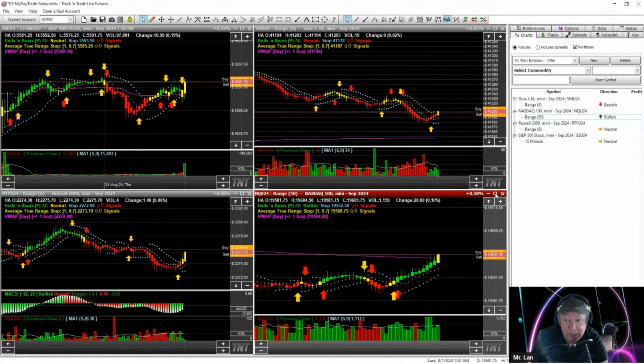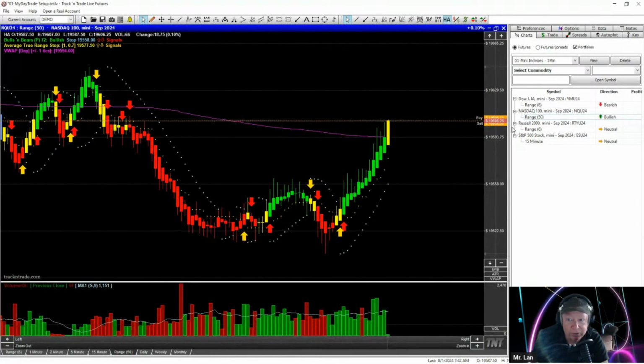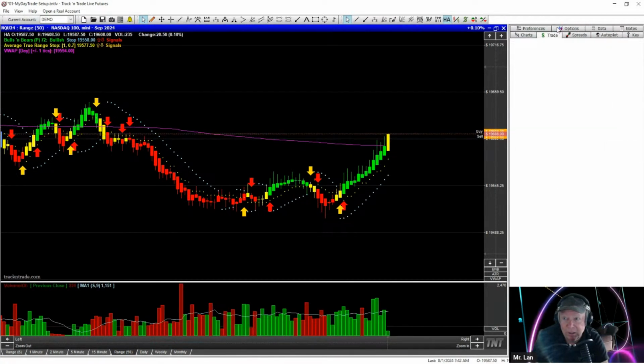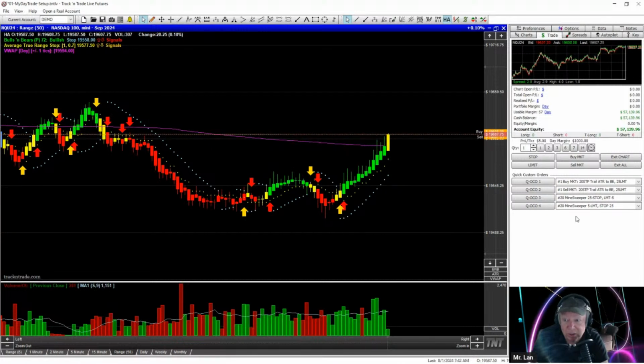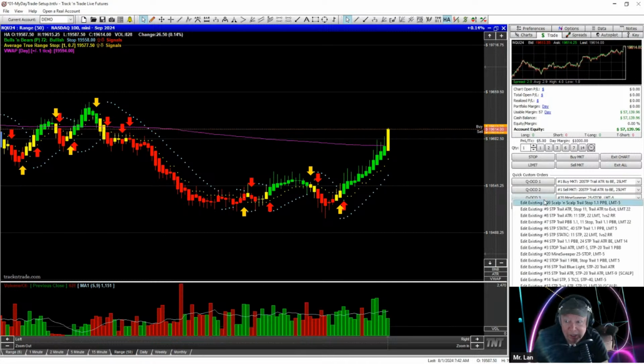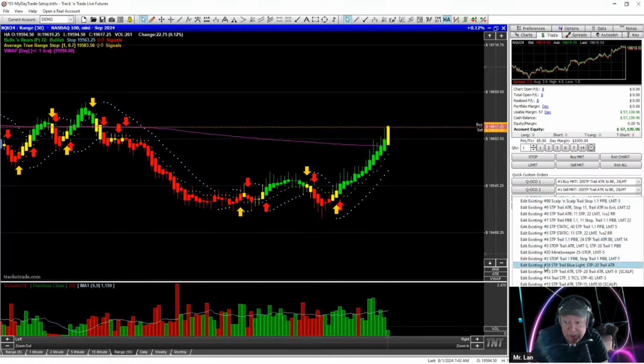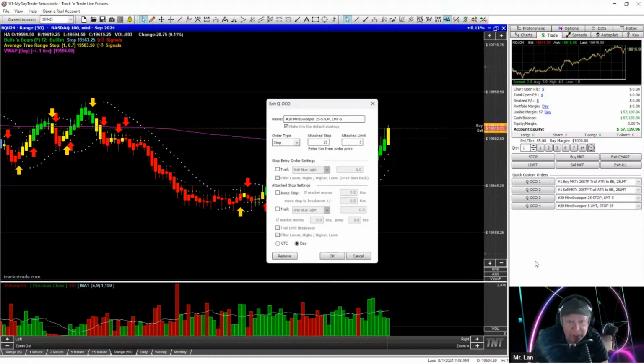Let's do the NASDAQ again. We're going to pull up NASDAQ full screen, and we're going to practice Minesweeper again. So let's come into the trading tab, and I'm going to show you the settings for Minesweeper. I've got them set in here as strategy number 20. So I'm going to right-click on that QOCO button, bring up strategy 20, which we entered in yesterday during